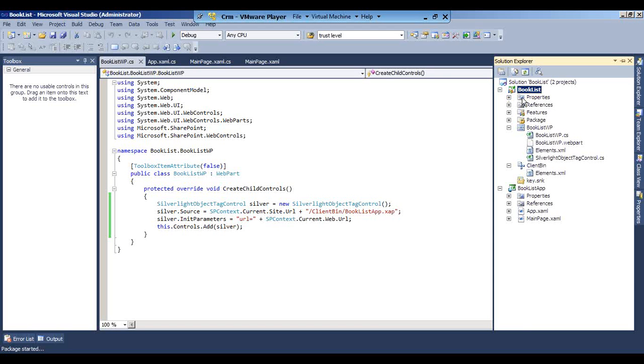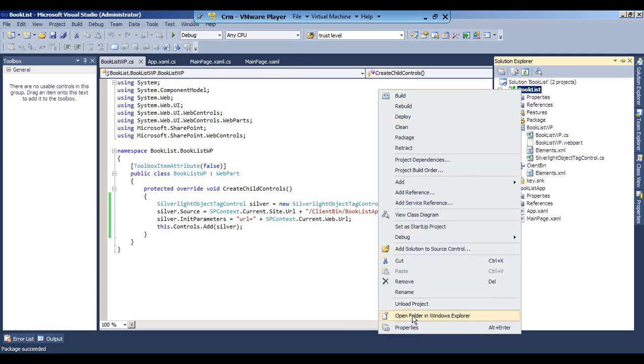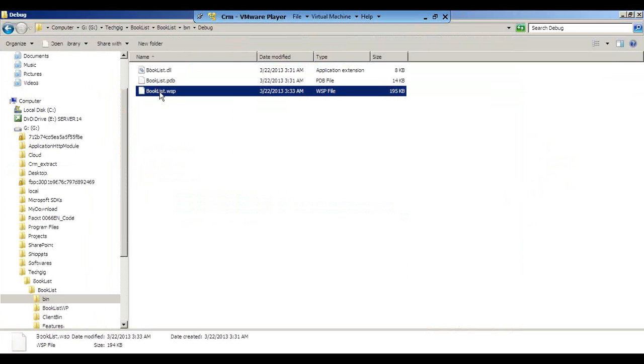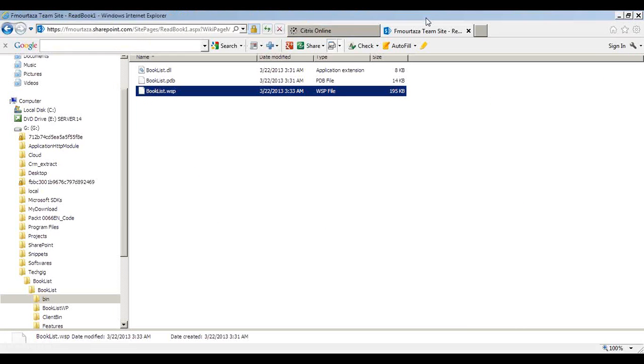Now, as we are confident that it is working on-premises, we'll try to deploy this within Office 365 as we have done for the previous one. I'll go into my bin folder, debug, WSP. I've copied it. I'll go to my desktop. This is the BookList.wsp. Once more, I'll go to the